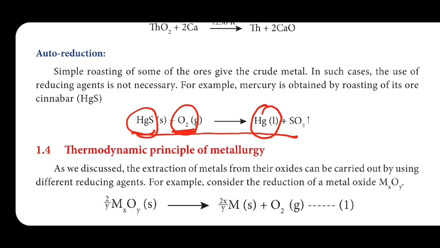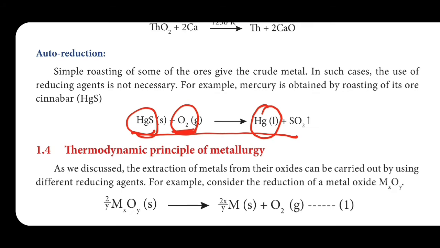In smelting we used carbon monoxide, carbon dioxide, and another heading reduction by carbon. So here carbon is not used. In another heading reduction by hydrogen, here hydrogen is not used. Next one reduction by metal, we don't use any metal here, but reduction takes place here. So this is called auto reduction, automatic reduction.